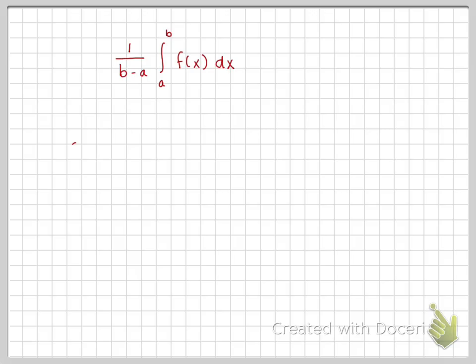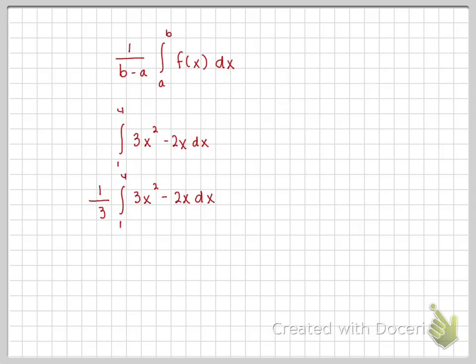So find the average on the interval from 1 to 4 of 3x squared minus 2x. Our A value is 1, our B value is 4. So 1 over 4 minus 1 is 1/3 times, here's our function. Now we're going to integrate